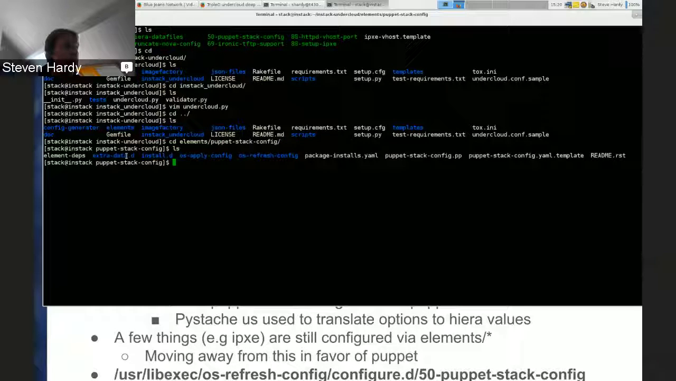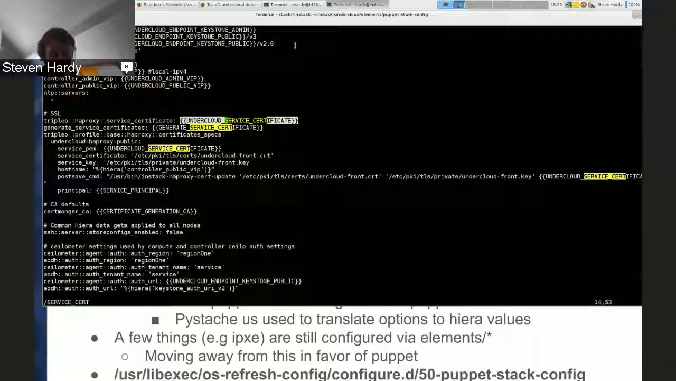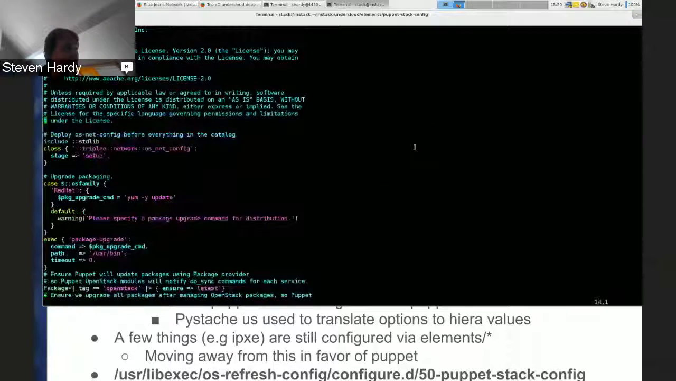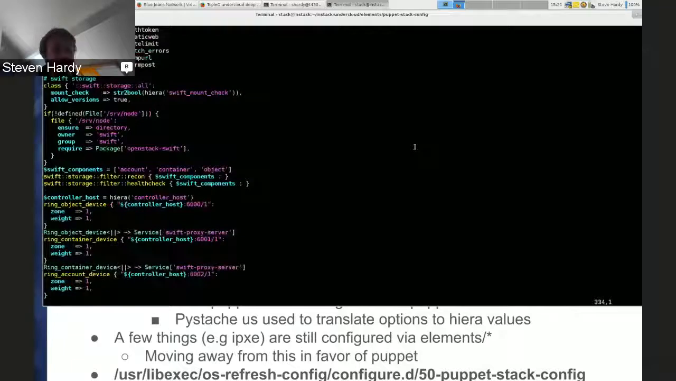So this is the Puppet stack config element, and then there's a template file, and you can see Undercloud service certificate in capitals. So for example, that configuration option that we just looked at is going to get basically pasted into here via the PyStash substitution that happens. And then there's also this Puppet manifest. So this is where the majority of the logic performed by Puppet is defined. So you combine that with the Hiera data from that YAML file, and that defines what happens when you run